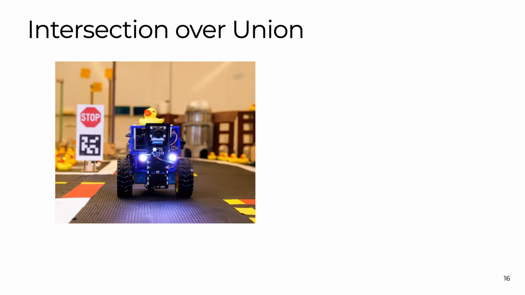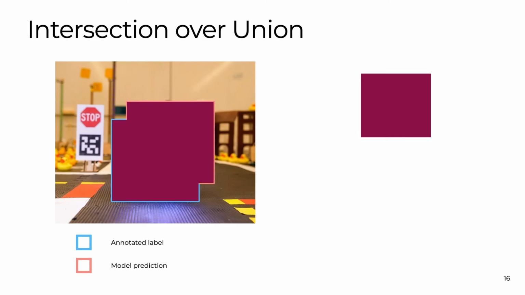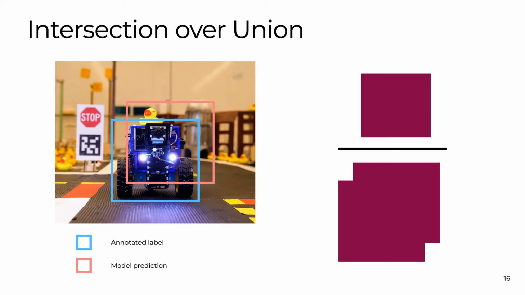Another crucial consideration in the case of object detection is how accurately the bounding box is located with respect to the annotation. To evaluate this, we calculate the intersection over union, or IOU, between the predicted and ground truth bounding boxes. Here we have a duckybot with the annotated bounding box and the bounding box that the model predicted. The IOU is calculated as the ratio of the area where the bounding boxes overlap, the intersection, and the area that either of them covers, the union. A perfectly localized bounding box will have an IOU of 1. The reported mAP is always conditional on the IOU threshold. Therefore, you will hear performance of an object detector reported as, for example, having an mAP of 0.6